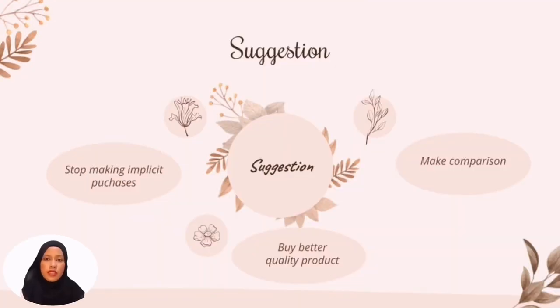There are some suggestions that can help in becoming a smart consumer. The first thing that will help is to stop making impulsive purchases that can cause consumers to overspend. Make sure the consumer sets a budget so that they are not overwhelmed by the impulse of their heart. Consumers can also make comparisons while shopping. This way, they can find some great deals.